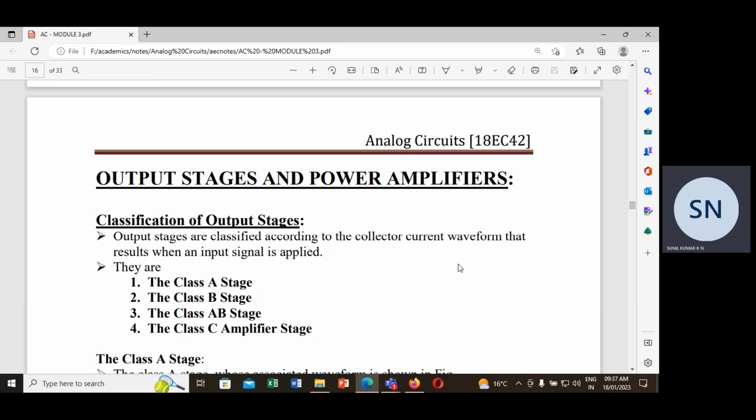In this, we are going to classify the output stage of the amplifier into 4 different classes: class A amplifier, class B amplifier, class AB amplifier, and class C amplifier. So these are the 4 output stages. What is an output stage? The output stage of the amplifier means it will be dealing with the last signal. Now if you consider